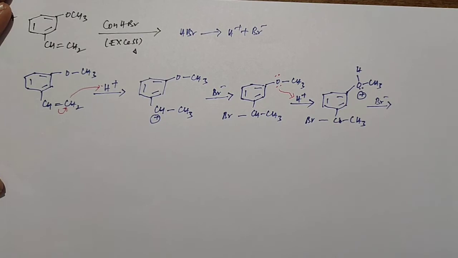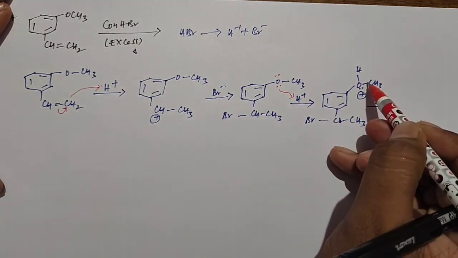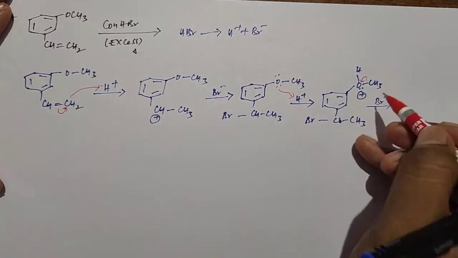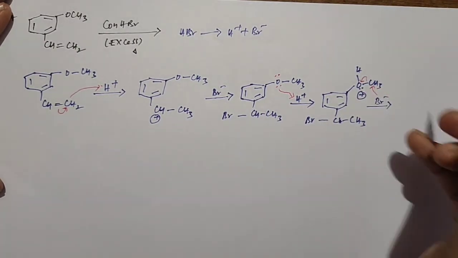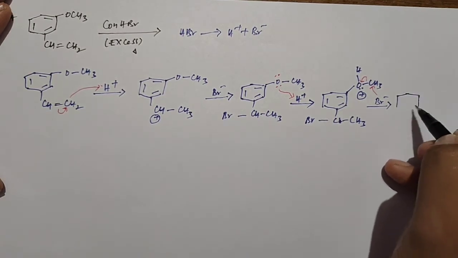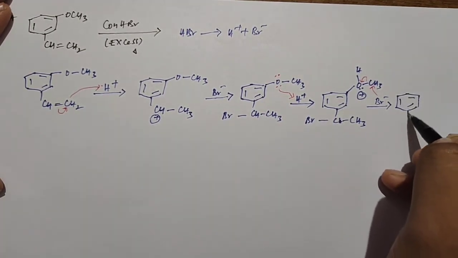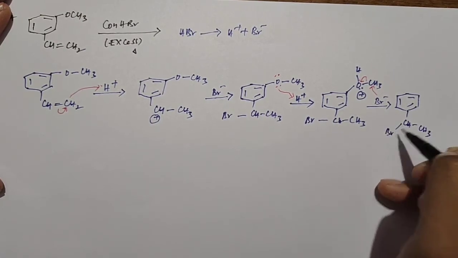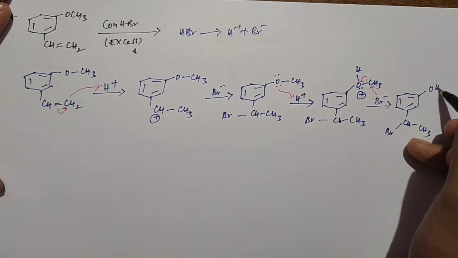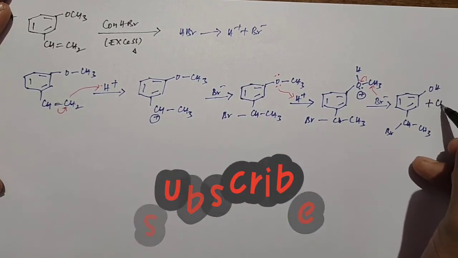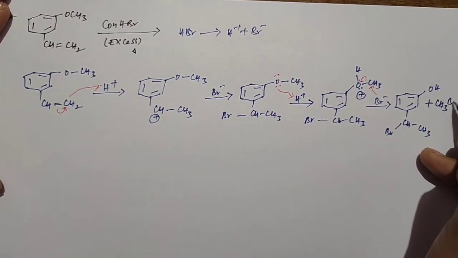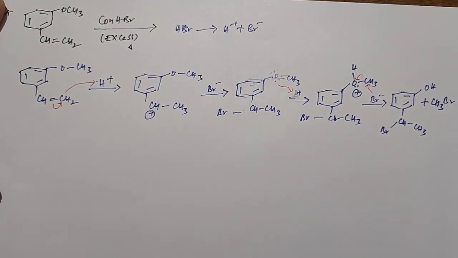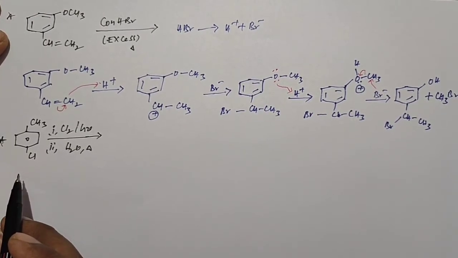So in that situation, these sigma electrons are shifting toward the oxygen, and the bromine can make the bond with the carbon. So then we get the products. So these are the final products. That's all. Okay students, this is the next incomplete reaction or miscellaneous reaction.